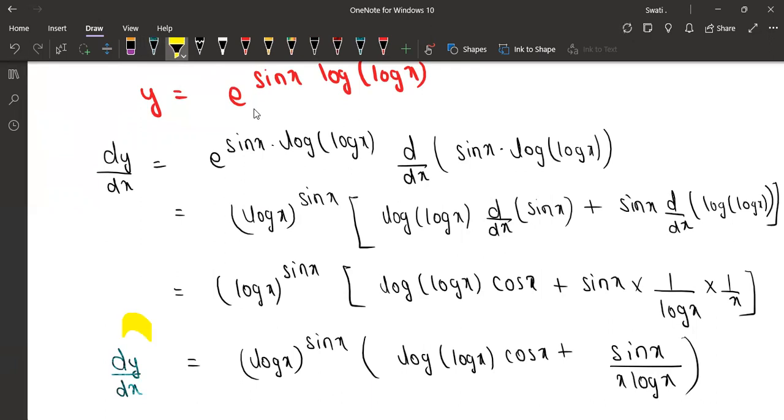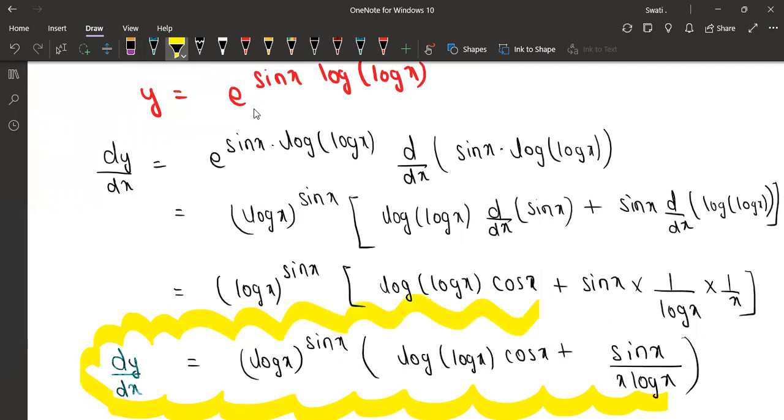All right, so this is the final answer. I hope you are understanding each and every step. If there is any question that you're not understanding, or you have any doubt, you can let me know in the comment section. Anyway, now we can move to the next question, and that is,